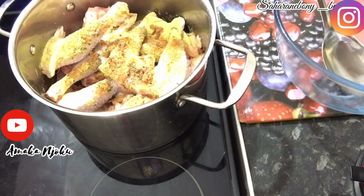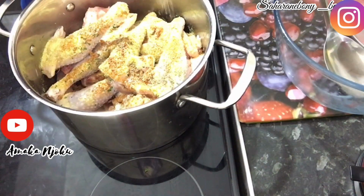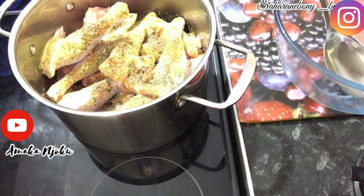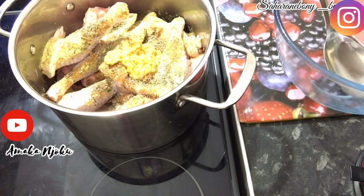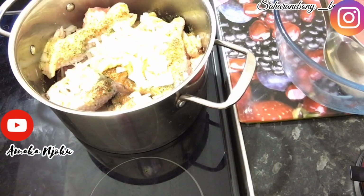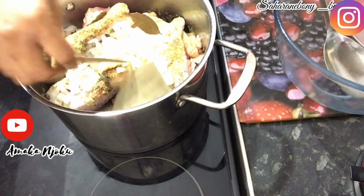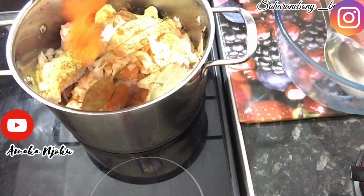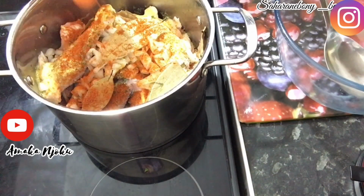And I added salt. So here I added thyme. You can't make fried rice without thyme. So now I just added both garlic and ginger, blended ones, and here I added onions. So here I added bay leaves. I'm adding cayenne pepper,